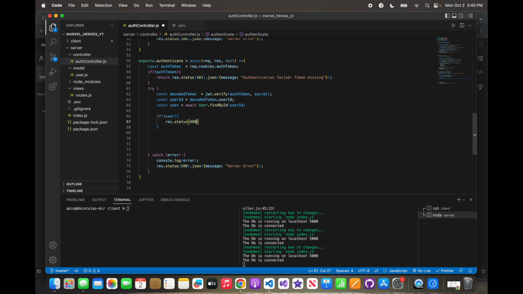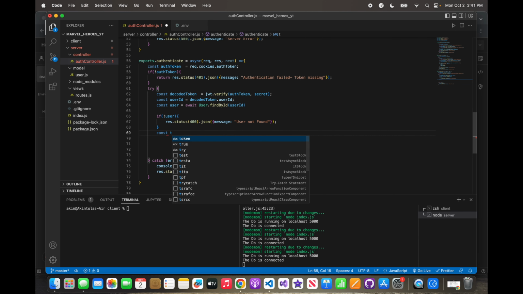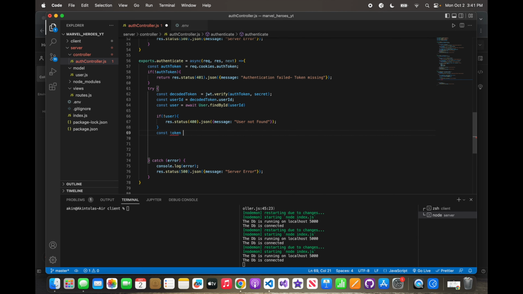400 actually. It's just telling us there's an error. So 400 JSON message. It's just saying user not found. So it's just an error saying user not found. Cool. But if there is a user, we're taking that token and we're going to create a token expiration